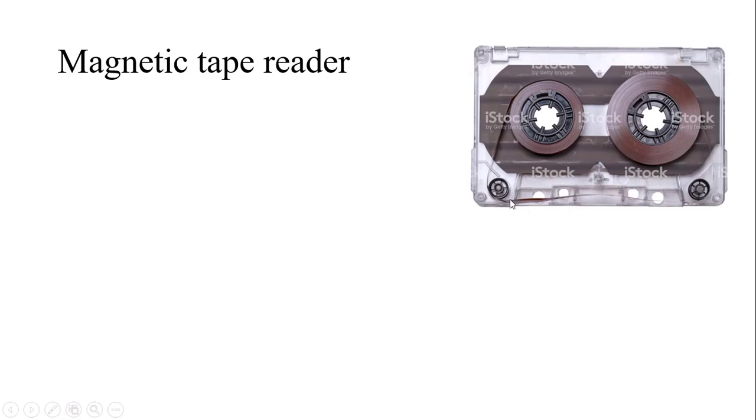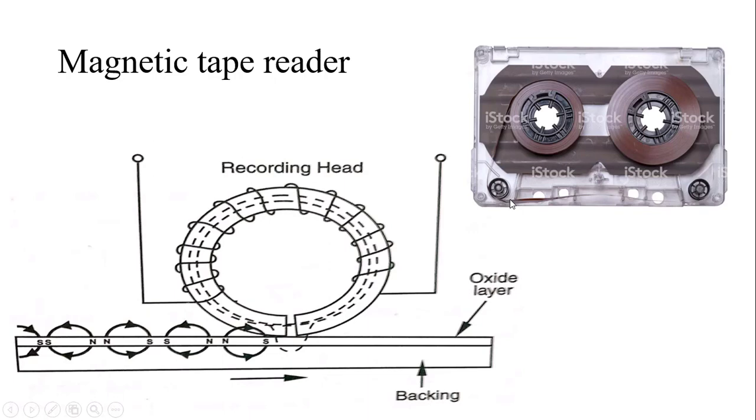The same way that it reads the data in these tapes, it is reading in the CNC machines. Correct? So there is a recording head on which there is a coil, through which the magnetic current is passing and magnetic flux is there. When the tape passes through here, it is also carrying some material related to ferric oxides. Then it reads the data according to the program.